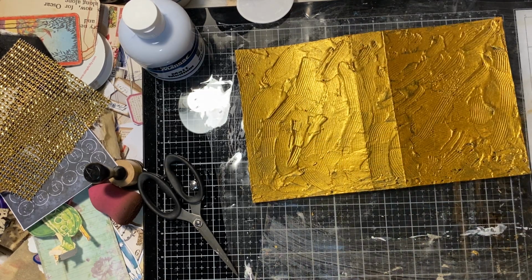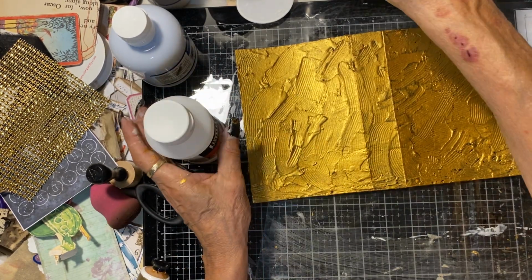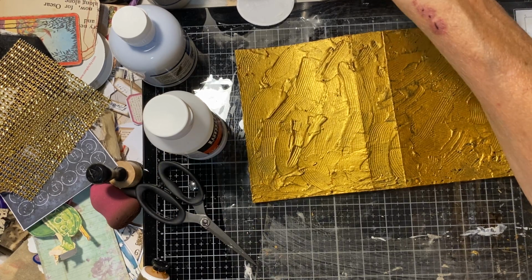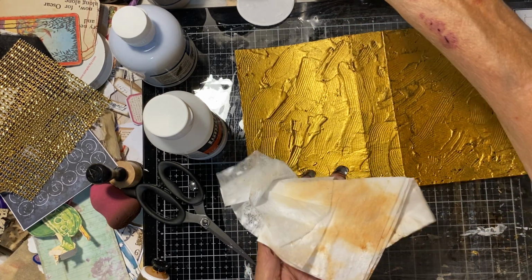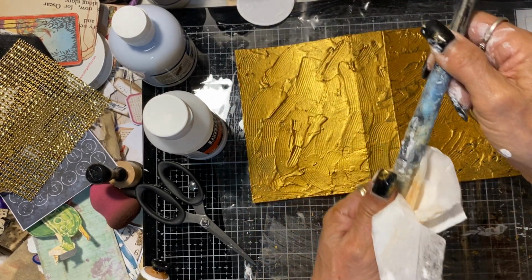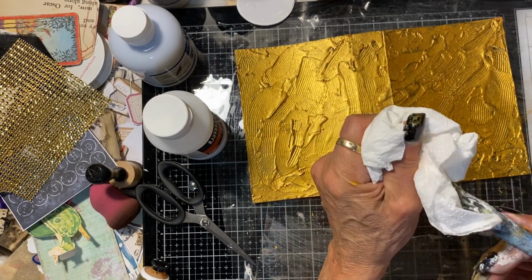Now, to seal this, there's two ways. You either use your matte medium or varnish. I prefer varnish. Now, you need to clean your brush really well. Maybe have separate jars with separate brushes. I use the same brush. And then I make sure it's cleaned really well and dried well. Utilising what I threw in the bin so I don't keep wasting my...